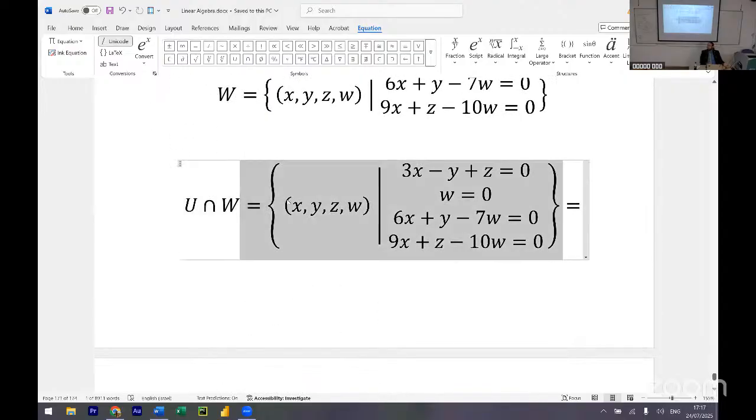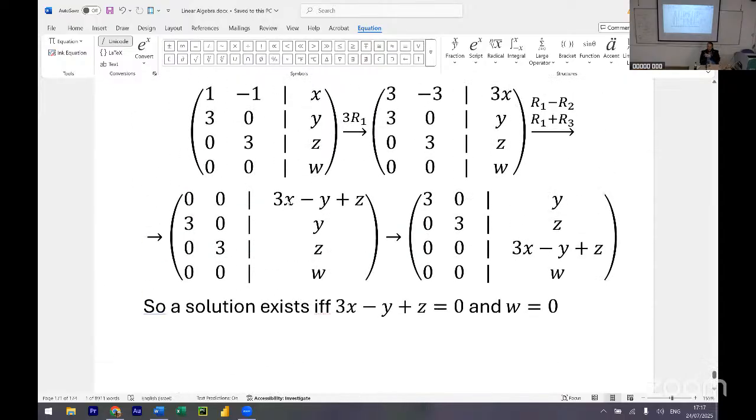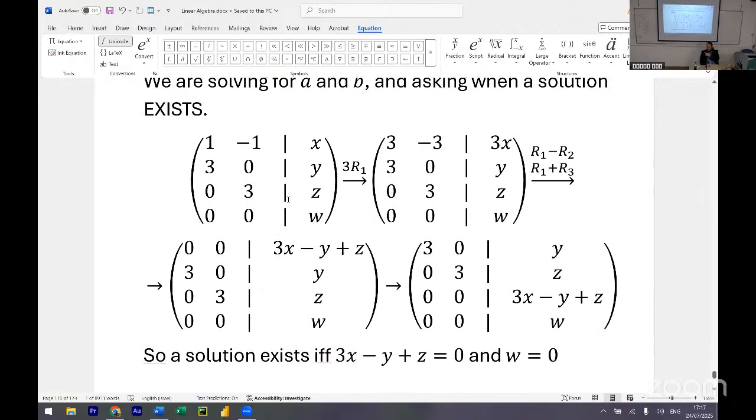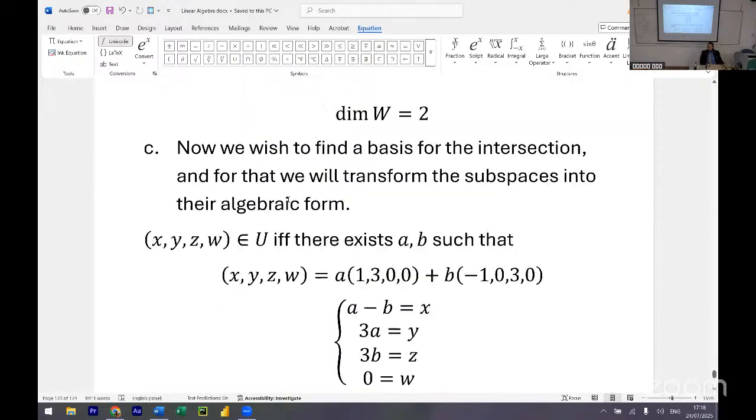Someone asked me, what is the intersection? That is the intersection. That's the algebraic form of the intersection. The hint is in the small letters, the hidden print. It's an ask for the basis. Yeah, exactly. We were asked for the basis. And the basis, almost by definition, is the geometric form, because the basis is a set that spans the entire vector space. So we were basically asked for a geometric form. That's why we did it.